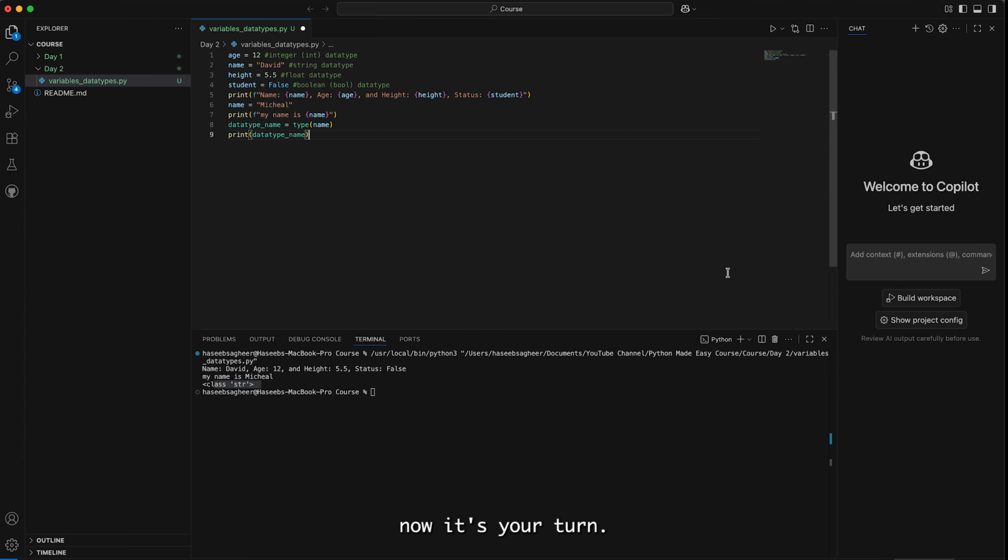So now it's your turn. What you have to do is create a basic program where you will store your personal details, basically the age, name, height, and student, and print them. And you can write in a comment that you have successfully created variables, and then you have used them in your print function. If you face any issue, like you are feeling you didn't understand the variables yet,